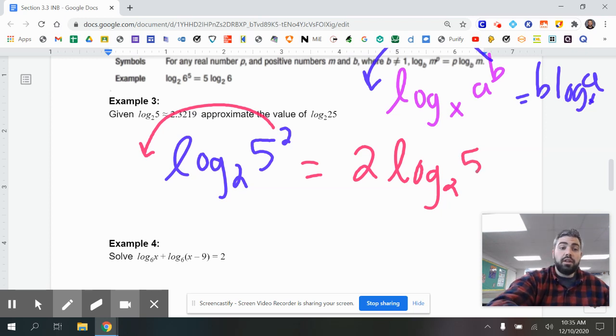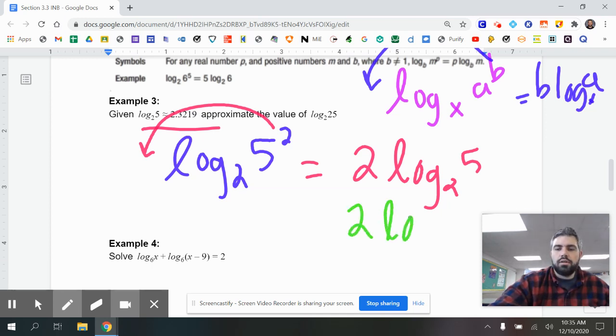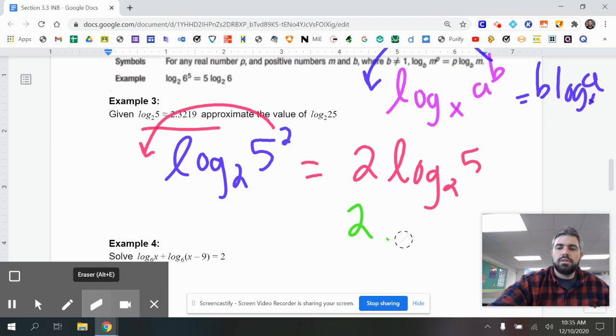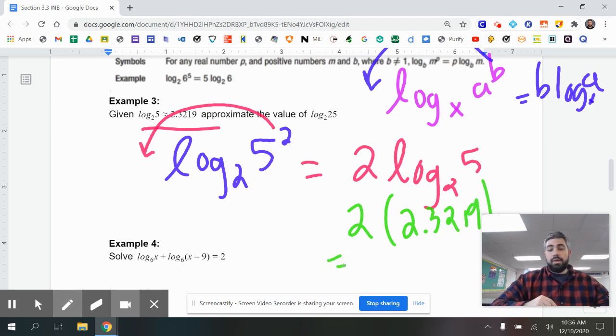And since we know that log base 2 of 5 is that decimal, we can just substitute it in. It's really 2 times 2.3219, and on my calculator we find it to be